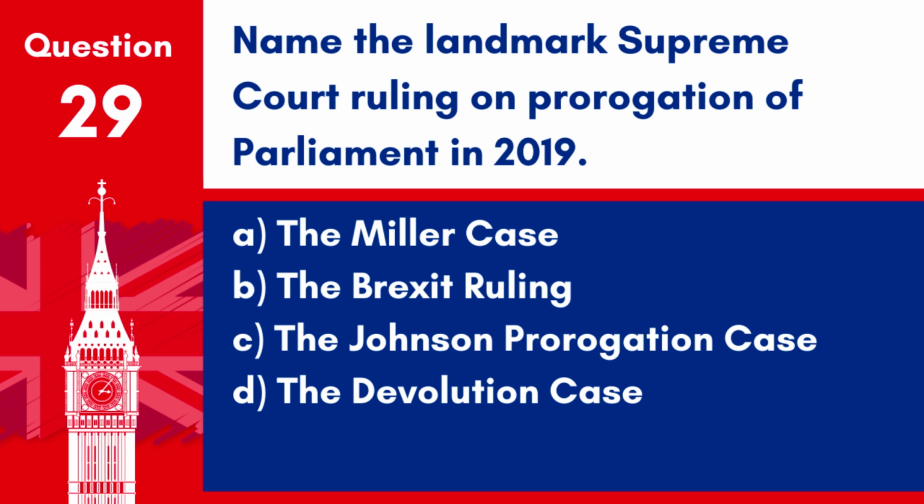Name the landmark Supreme Court ruling on prorogation of Parliament in 2019. A. The Miller case. B. The Brexit ruling. C. The Johnson prorogation case. D. The devolution case. Answer. C. The Johnson prorogation case. In 2019, the UK Supreme Court ruled that Prime Minister Boris Johnson's advice to the Queen to prorogue Parliament was